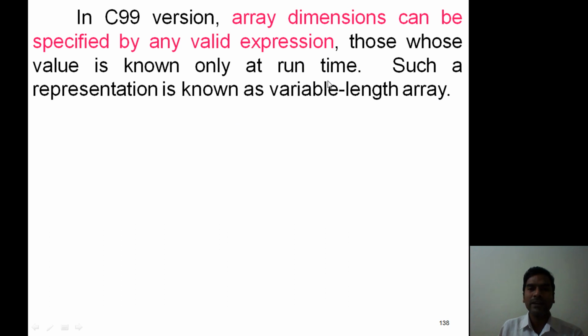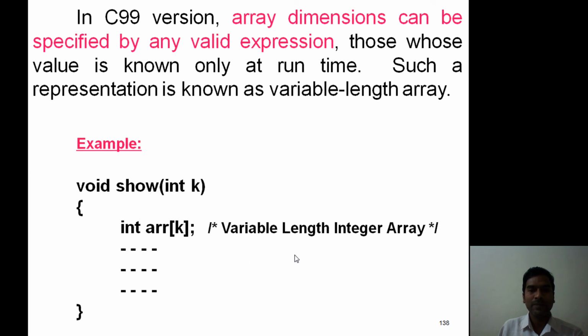Now this format is suitable to save a lot of memory. When we define the array dimension, initially assume this one 100 or 1000, but we are not using the total memory, so that a lot of memory will be wasted. So if we use this type of format, it is possible to save a lot of memory.